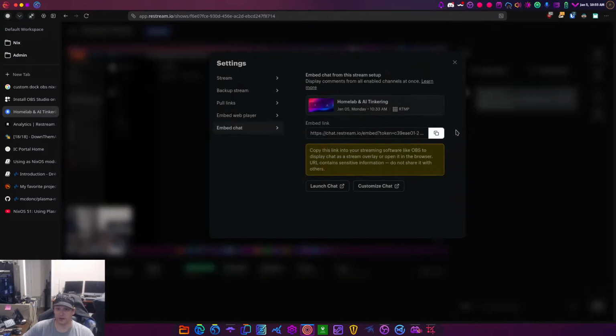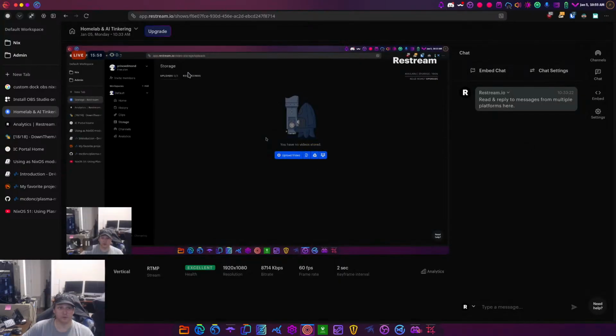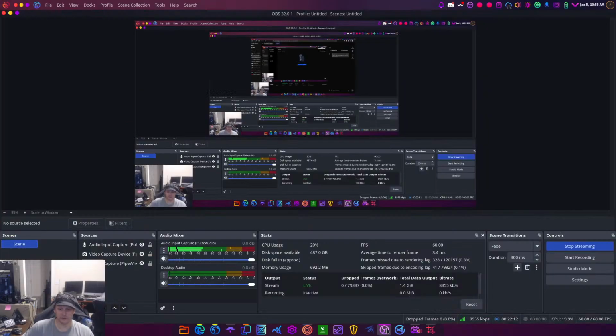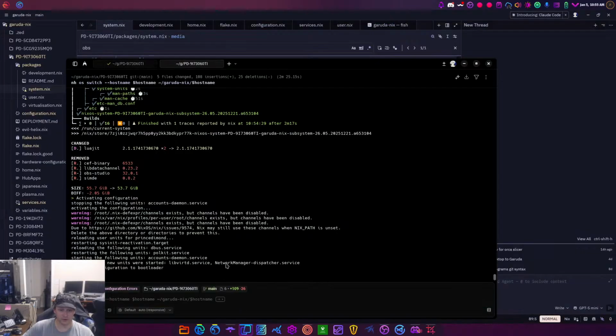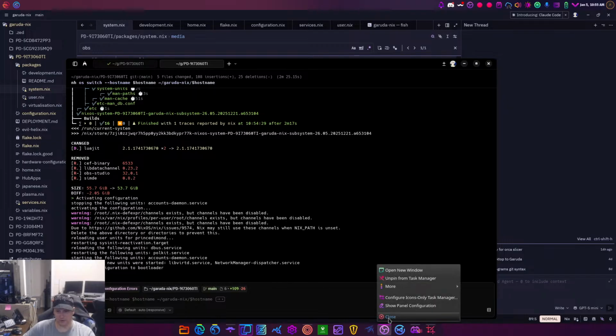So I can embed the chat, copy my link here, but for whatever reason in OBS, it's under docks. There should be a custom dock setting here. Do you have that? No. Okay. So what it's telling me is I needed to get the flatpak, so that's what I'm doing now. That's what's building here. Okay, so there we go. I just removed the regular version, so I'm going to close. Actually,